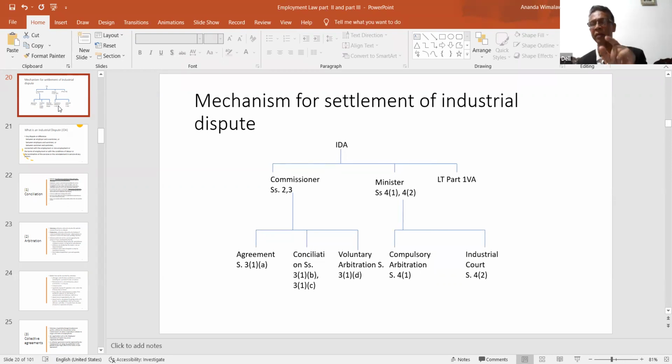In this case, the arbitrator must be an arbitrator or a panel of arbitrators. Sometimes we appoint a 3-member bench, right? A panel of arbitrators. That is also arbitration. A panel of arbitrators must be selected